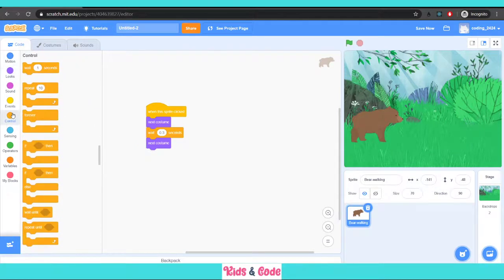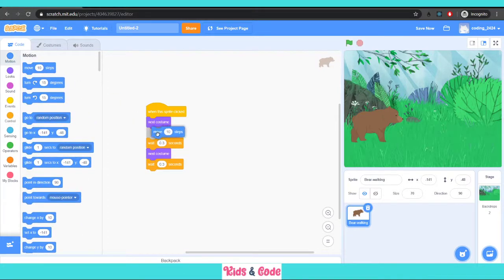Let's add another wait for 0.3 seconds. And let's add some movement also. So let me just say it should move 5 steps, and 5 steps here also.